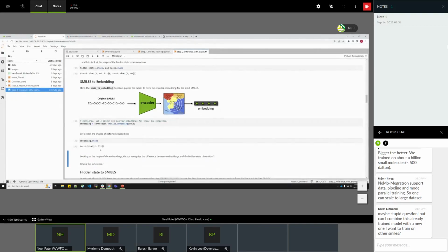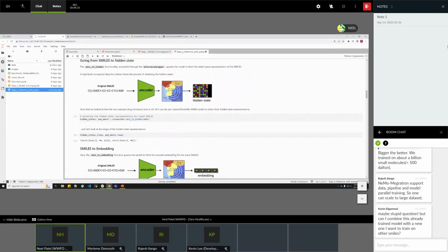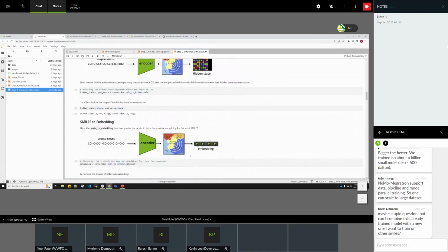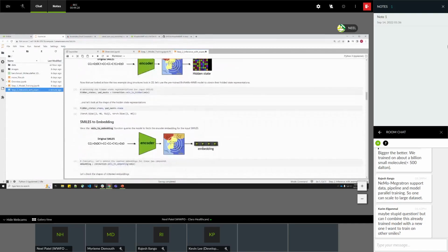Here, if you look at the size, 512, again we are obtaining two such tensors for two compounds, but you will see there is a collapse of this matrix into a single dimension. Basically, we are taking the hidden state and averaging all the values for all the 46